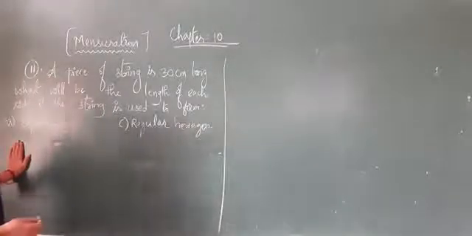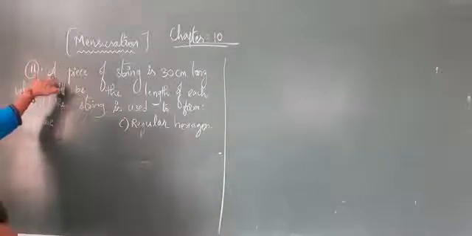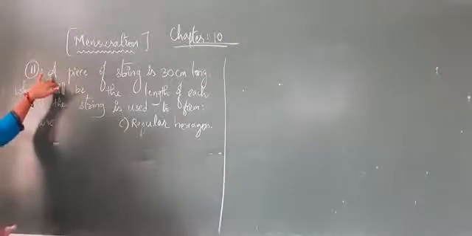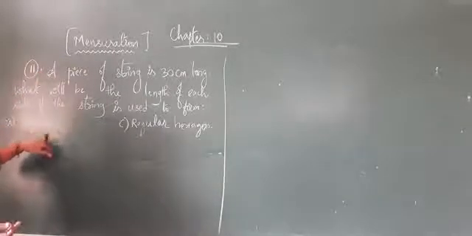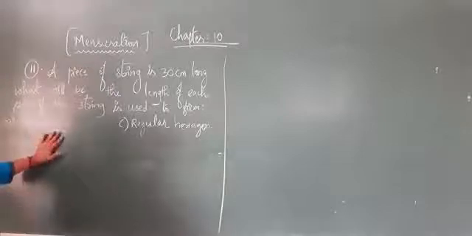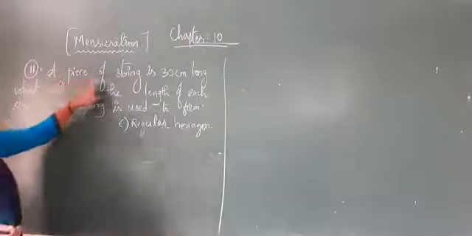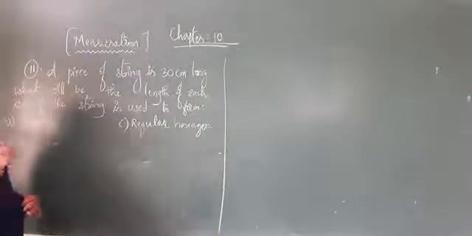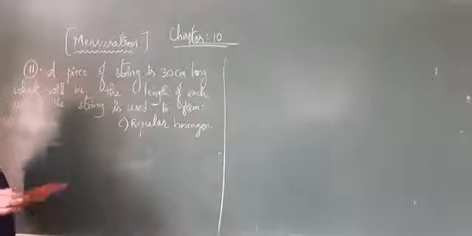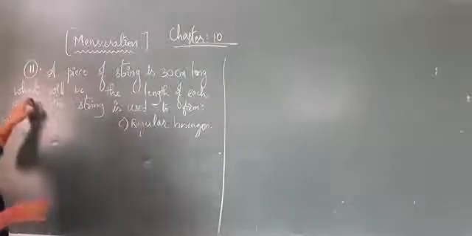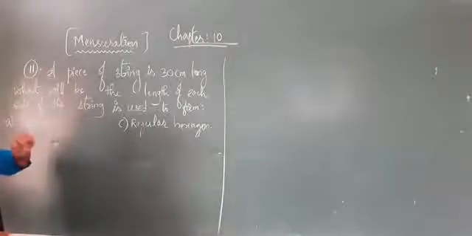Word problem here. You can see that 11th one is based on the same perimeter, but here the perimeter will be given. You have to find out the particular given shapes. What kind of shape is given there? A piece of string is 30 centimeter long. Already there is a piece of string that is 30 centimeter long, and you have to make it into the perimeter of that square shape. So what will be the length of each side of the string used to form it?